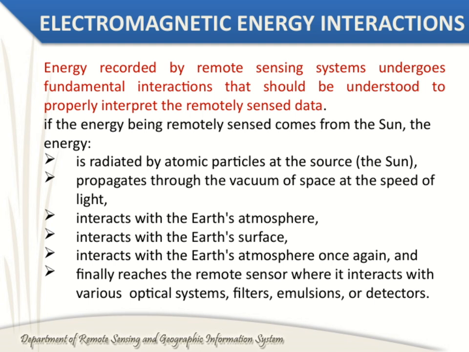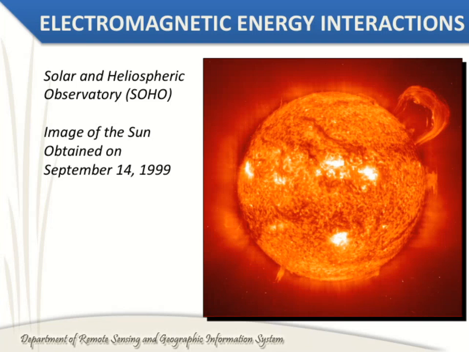Now, on this final slide, we're focusing on electromagnetic energy interactions, and specifically, the role of the Solar and Heliospheric Observatory, or SOHO for short. SOHO is a vital tool that helps us understand the sun's behavior and its influence on the solar system. What you see here is an image of the sun, obtained on September 14, 1999. This snapshot highlights the incredible detail and data SOHO can provide, helping scientists track solar activity like sunspots, solar flares,